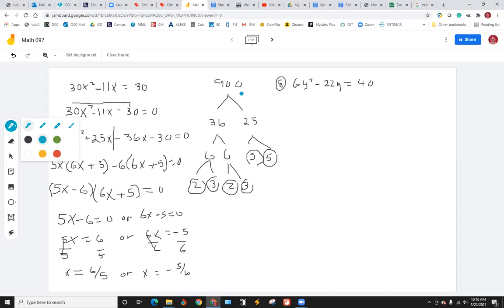And if you don't have to take the greatest common factor out, well, it'll probably still work. It's just that if you're asked to factor something like that, with all the factors, then you've got to take out that one, that GCF. For the solution, it's not that important, but for factoring. All right, so